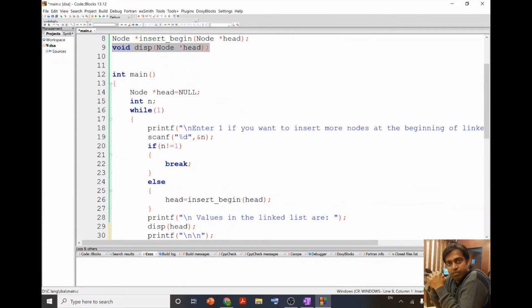In the main program, I first create the head and initialize it as null, because when we are going to start our program, we are not going to have any linked list, so our linked list will be empty.